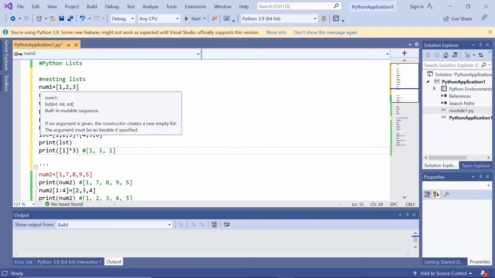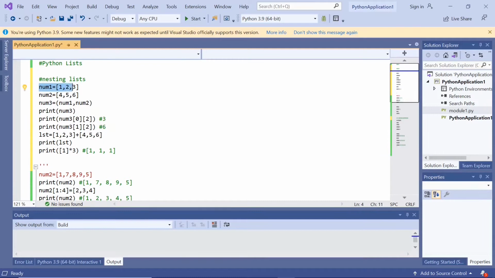Here I'm taking the variable num1 is equal to [1, 2, 3], num2 is equal to [4, 5, 6], and num3 is equal to [num1, num2], and printing that num3. So [1, 2, 3] is num1 and [4, 5, 6] is num2. So this is the 0th element, this is the first element for num3,